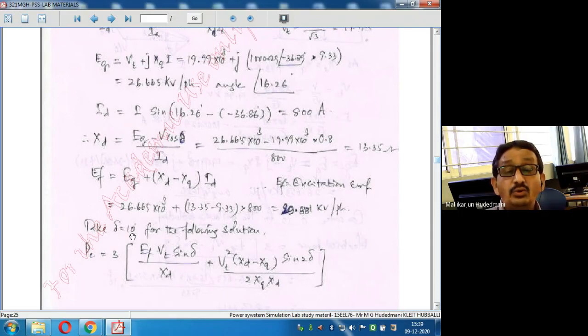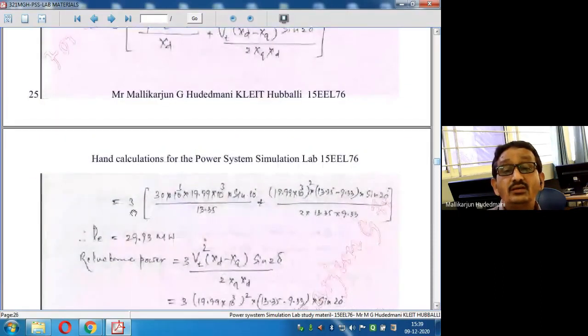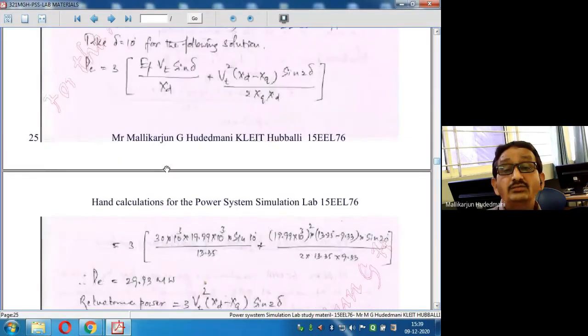In terms of program, I will be doing it in radians, but here I use degree mode of calculation. Hence, I substituted the value of delta equal to the sample case, 10 degree, so I could do the numerical value calculation. You can see here 3 into whatever values I have, I just make it EF 30 kV, 29.99, 30 kV, 20 kV and sin 10, and another alpha I put divided by Xd, plus divided by 2 times Xd, Xq differences. When I substitute these values, I will be able to get the total power transferred from this synchronous machine to the